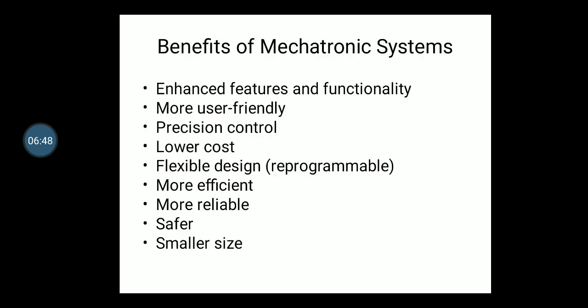Now let us see what are the benefits of the mechatronic system. Enhanced features and functionality. We are getting many features in one thing, right? So it enhances the features and function. For example, your mobile. It is not an example of a mechatronic system, but just for example. In the mobile there are so many functions, starting from the camera, then music player, video player, calling system, SMS, games. All these are nothing but we are enhancing the feature. So what happened in mechatronics, when we are using the traditional method,